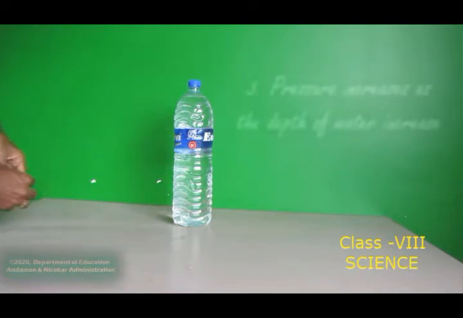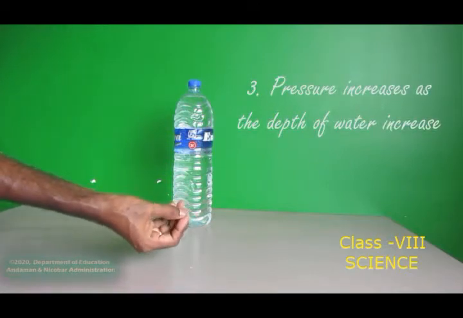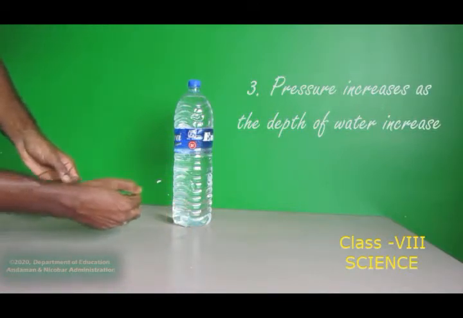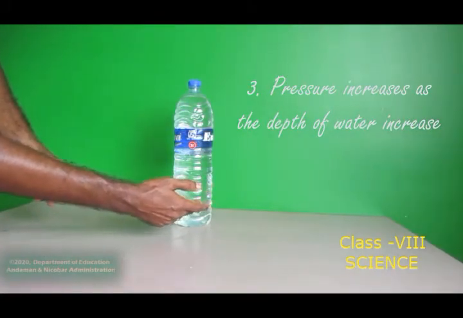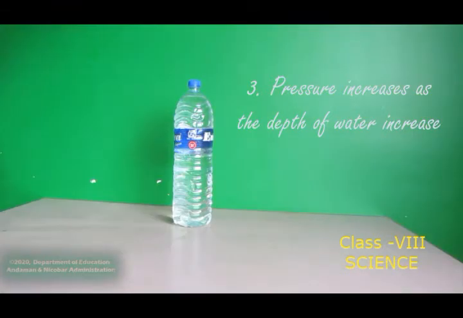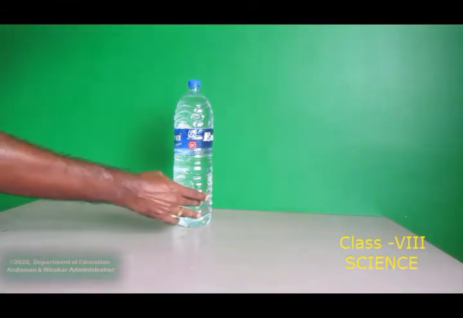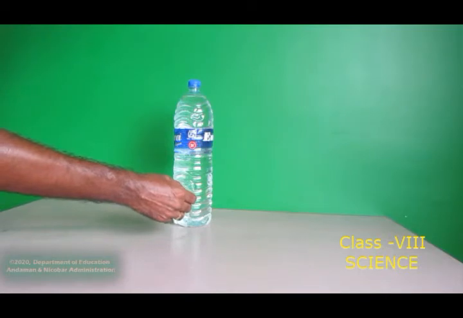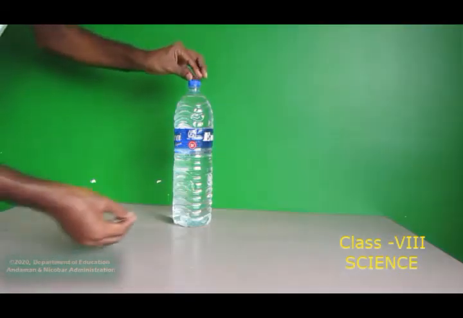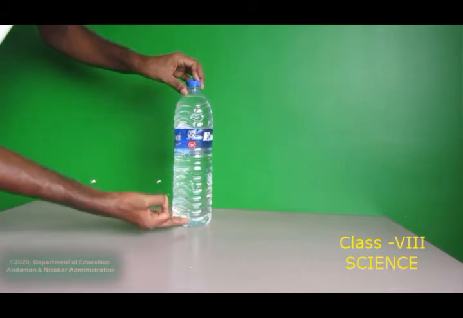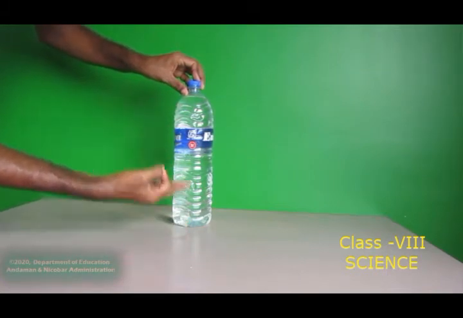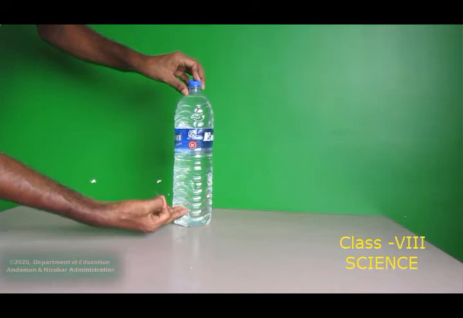So in order to do this, I have taken a small safety pin. With this, I try to pierce. I make a small hole through which the water will escape. Now you see what happened to the container when I pierce with a small pin and make a small hole. And before that, the depth of the water is from here to the bottom. As the depth increases, the pressure will also increase.